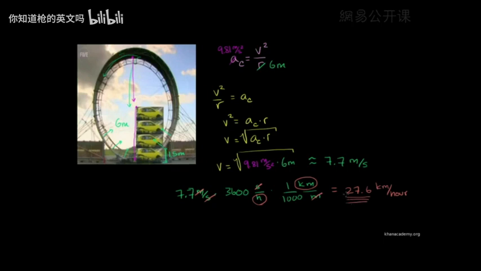Now, the important thing to keep in mind is this is just fast enough at this point to maintain this circular motion. But if this were a perfect circle right over here, and you were going at exactly 27.6 kilometers per hour, you would not have much traction with the road. And if you don't have much traction with the road, the car might slip and might not be able to actually maintain its speed. So you definitely want your speed to be a good bit larger than this in order to keep a nice margin of safety, in order to especially have